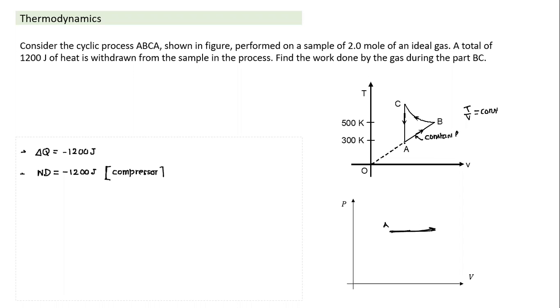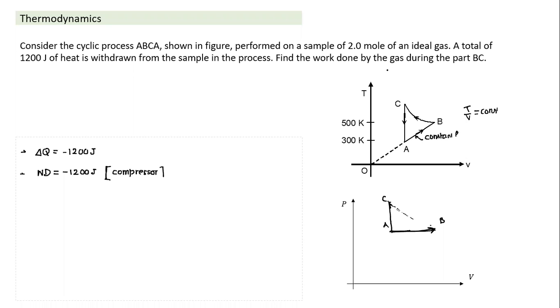And in this process, what will happen? Of course, the temperature also has to increase. So here also it is going up. So this is the A to B process. And the B to C process is not given. And what is the C to A process? C to A process is a constant volume process. And it comes back to A. And the temperature goes further up. So there's some process B to C, and then it finally comes to A by constant volume process C to A.